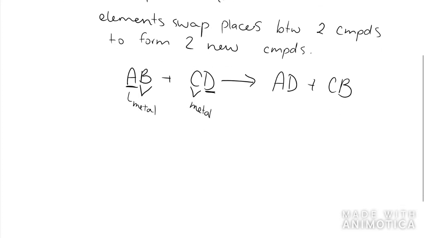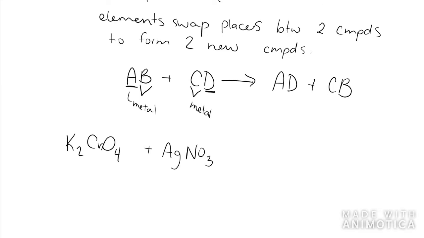So if we take potassium chromate and silver nitrate and react, this is one example of it. So potassium chromate plus silver nitrate, and we react it, what are we going to get? Well, our metal over here is going to pair up with our non-metal, or our positive on this side is going to pair up with our negative on this side, and that will give us